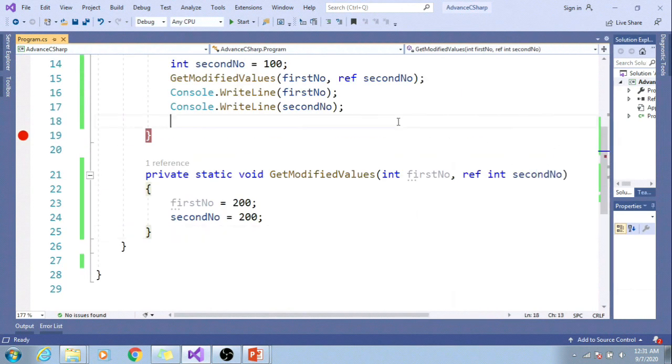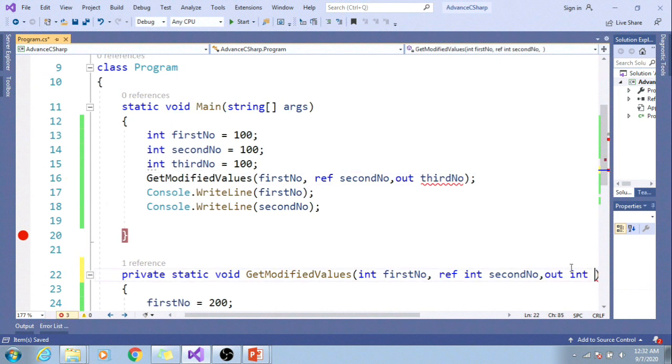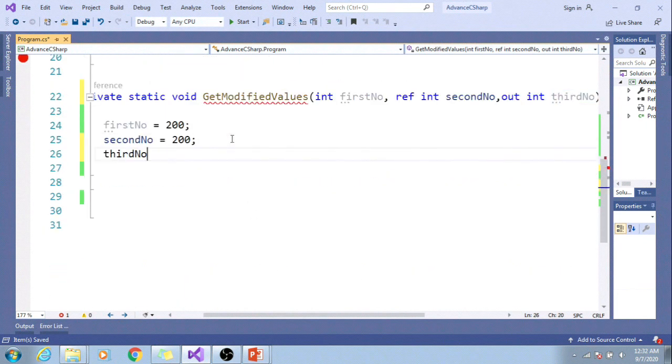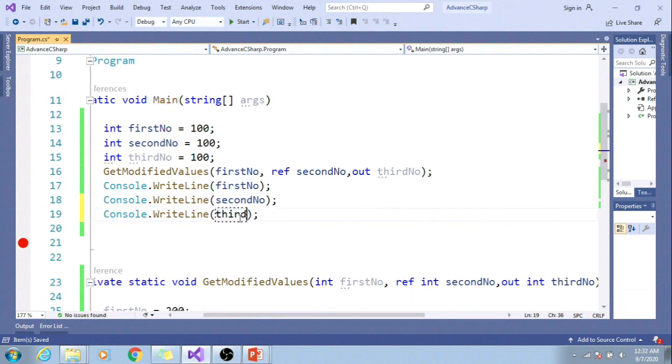Same way I can use a third variable, third number equal to 100, and let me pass this using out, out int third number, and let me try to modify this variable to 300, and let me try to print it in the main function, so it comes as third number.